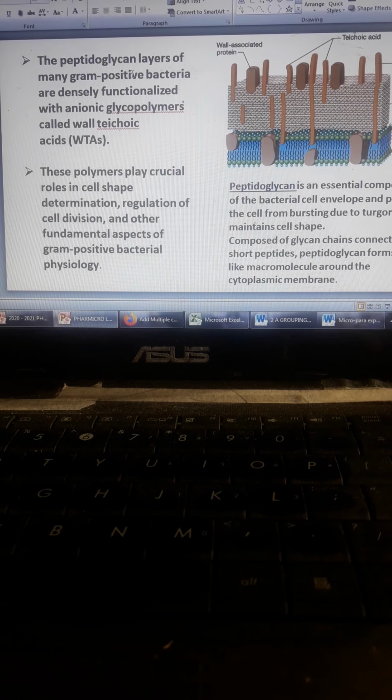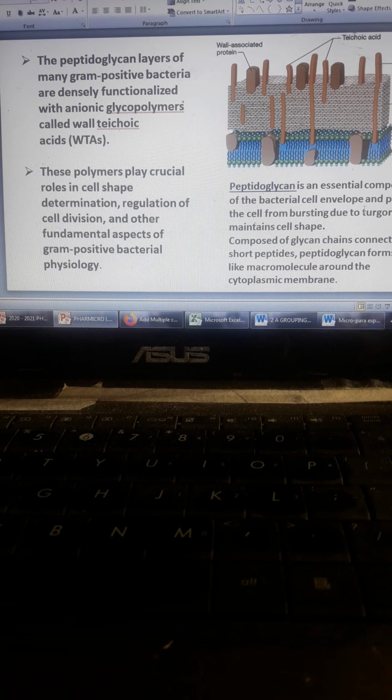So we have the peptidoglycan layer. Take note, layers of the gram-positive bacteria are densely functionalized with anionic glycopolymers of the wall known as teichoic acid. Usually these are found in the peptidoglycan layer. So what is the function of this? Usually they play an important, crucial role in cell shape determination, regulation of the cell division process, and other fundamental aspects of gram-positive bacterial physiology. The peptidoglycan layer is an essential component